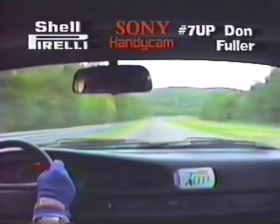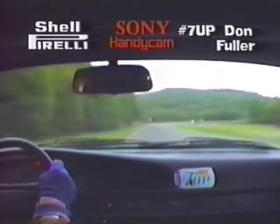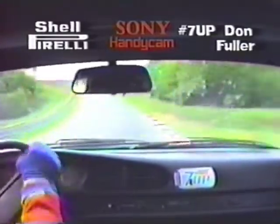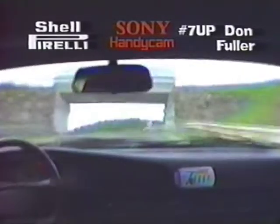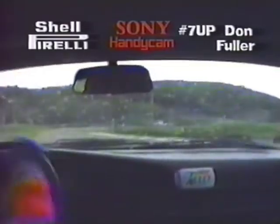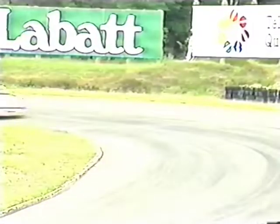You're inside the 7-Up guest car now, this week being driven by Don Fuller, and for the first time today we are seeing raindrops as the weather changes here. Now Fuller's had a problem with his exhaust system that's also been keeping him back. Don Fuller is running about a half a lap back of the leaders. That exhaust system will be of concern. You don't want that piece coming off of the car and hitting the windshield of one of the other drivers out there. So if he does not come onto pit road, he will probably get the black and orange meatball